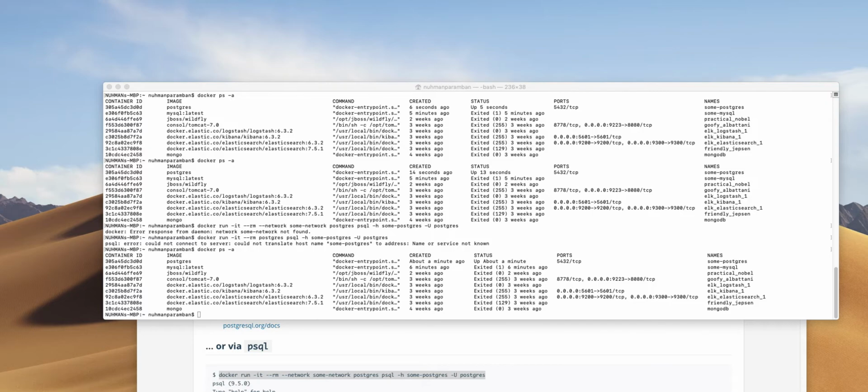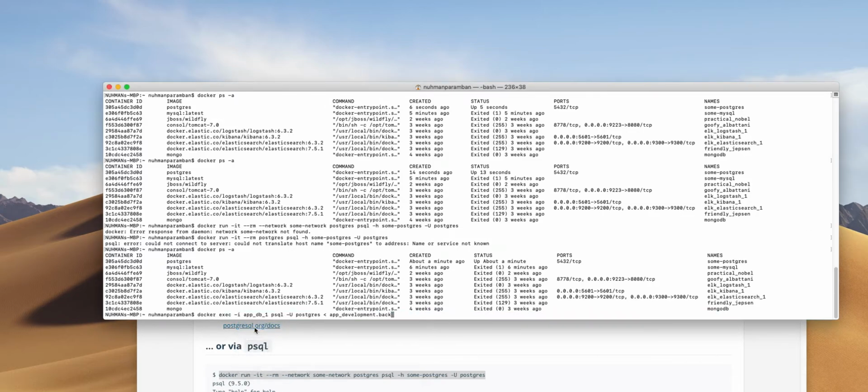So what I am going to do is I will copy that exec command. There is one command, docker compose, but I am not going for that. With the exec command, here docker exec my app db1 psql